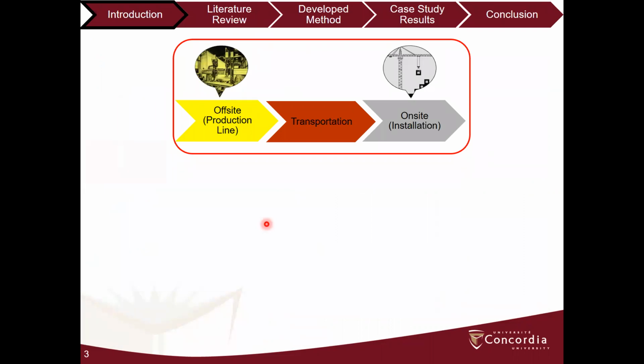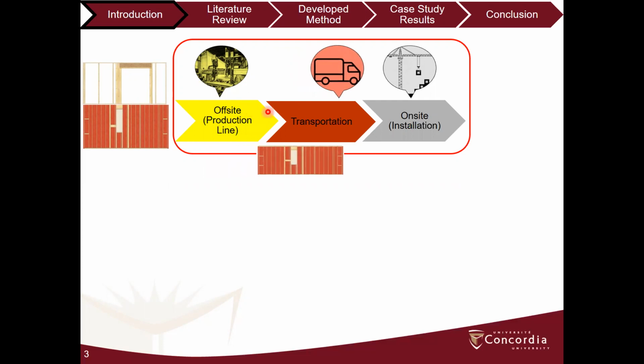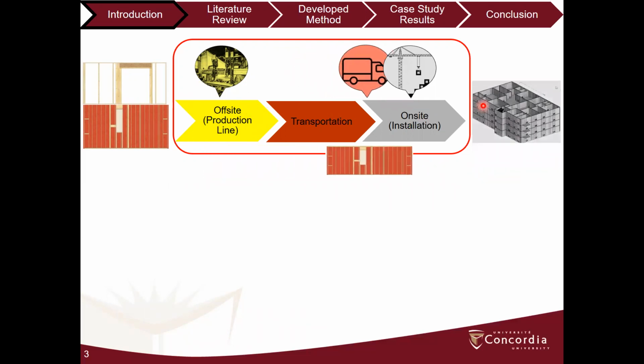Modular construction is a process where module components, for example, wall, roof, and floor panels, are prefabricated in a controlled factory environment and later transported on site to be installed as building blocks. Modular construction is increasingly growing in popularity over conventional construction, given its potential to achieve shortened construction schedules and less